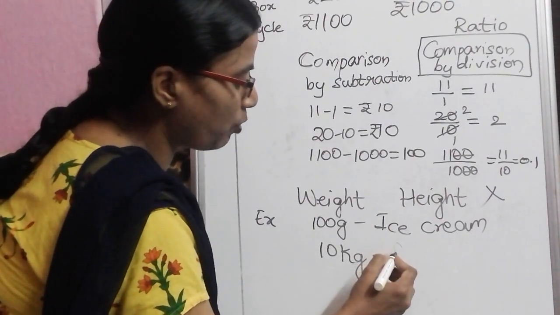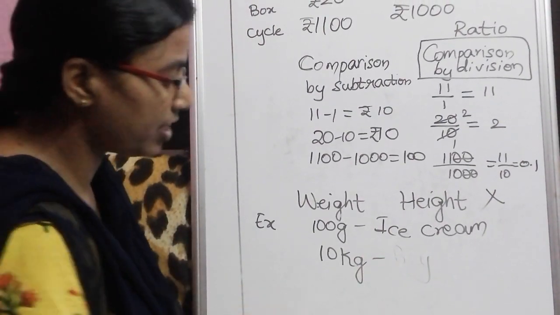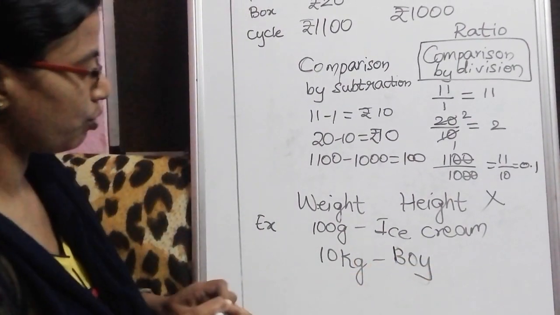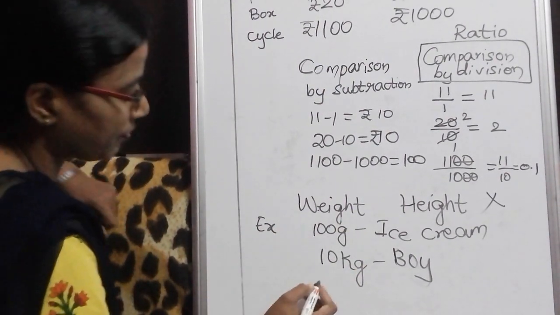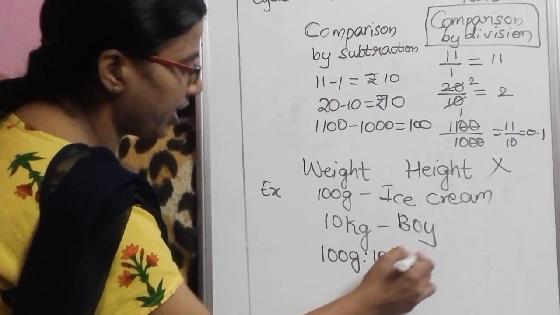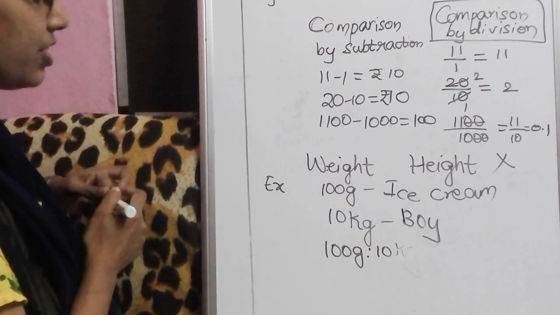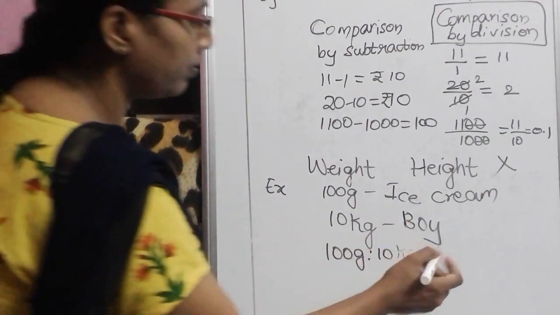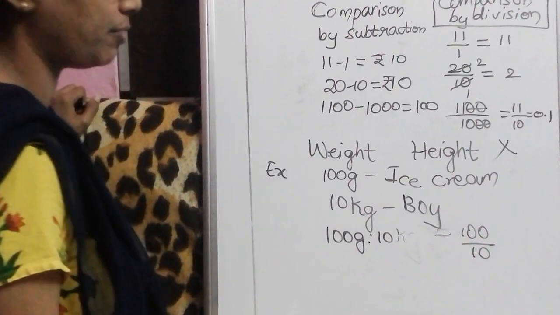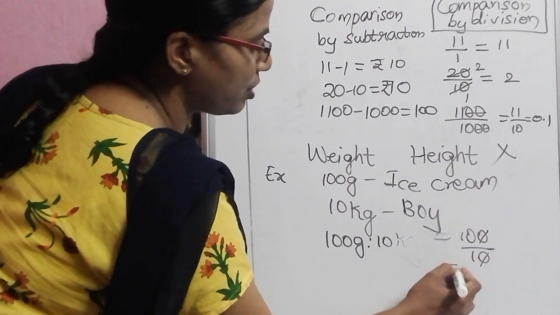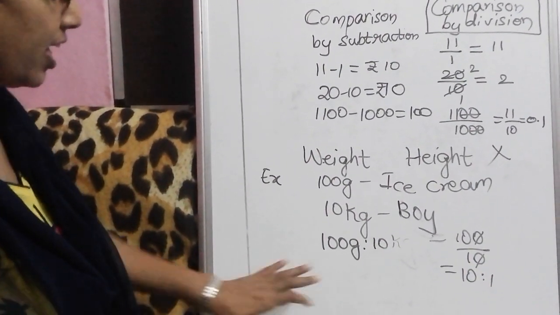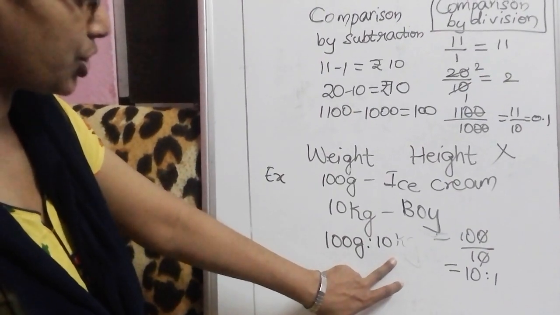We are going to compare. Both are weights. Are they both weights? Yes, they are weights. But when you compare these two things, let us see how we are going to get it. 100 grams is to 10 kgs, if we take, this is equal to 100 by 10. So this and this get cancelled. So it is 10 is to 1. This is a way of representing a ratio.